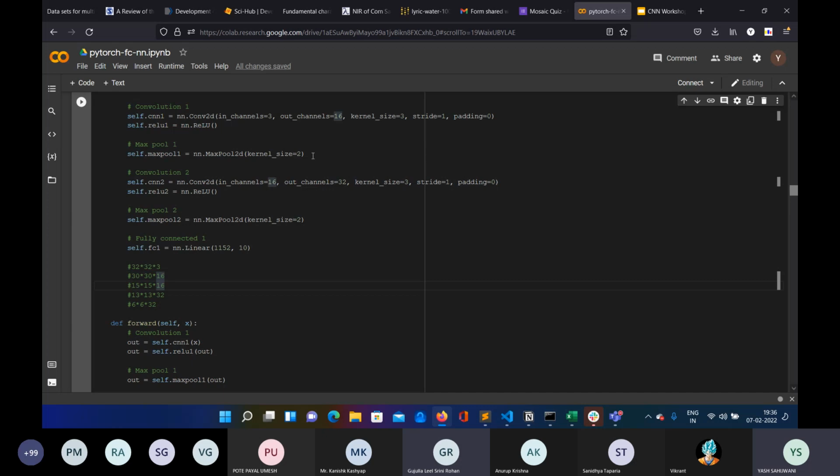Then I used max pool. ठीक है, सो मैक्स पूल से हाफ हो गया साइज, बिकॉज हर 2x2 पे हम वर्क कर रहे थे, तो 15x15 क्रॉस 16 हो गया. और देन 13x32 हो गया, बिकॉज एक और कॉन्वोल्यूशन लगाया. देन अगेन मैक्स पूल की वजह से हाफ हो गया. ठीक है, 6x6 हो गया. और देन ये वैल्यू बेसिकली